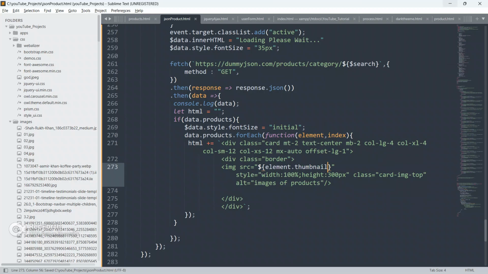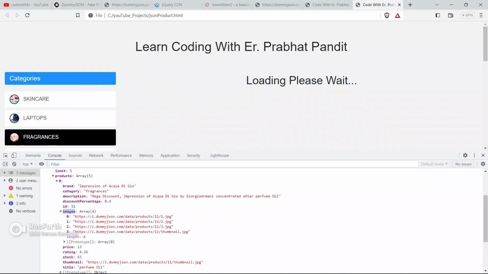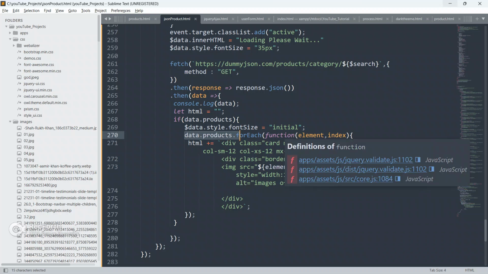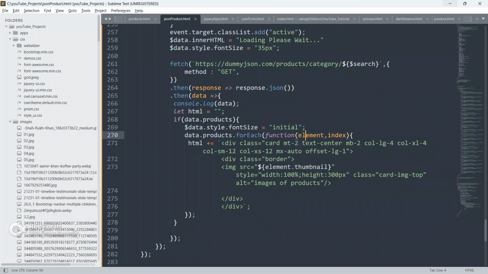dot thumbnail. Okay, so let me show you one more thing. As you can see here, this is the thumbnail. And this is the array of elements. Data dot products is an array of objects, and as you know we can run the forEach method only on an array.